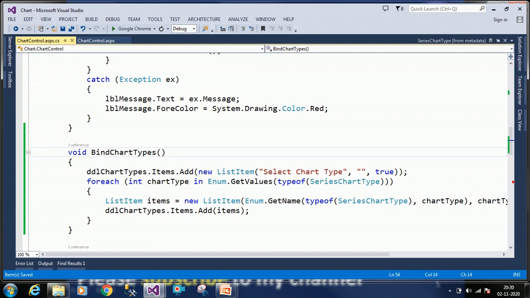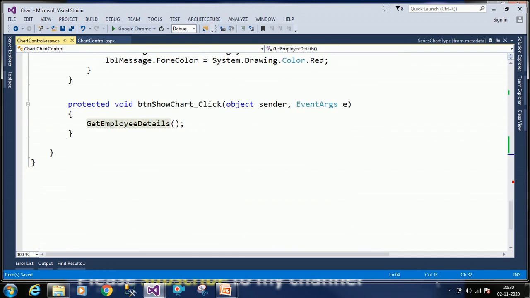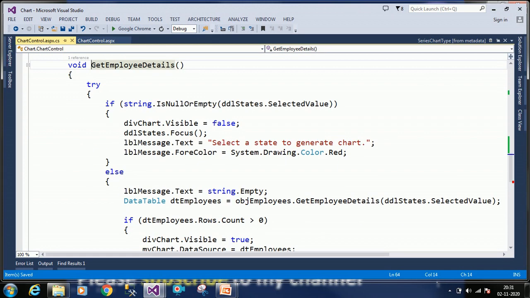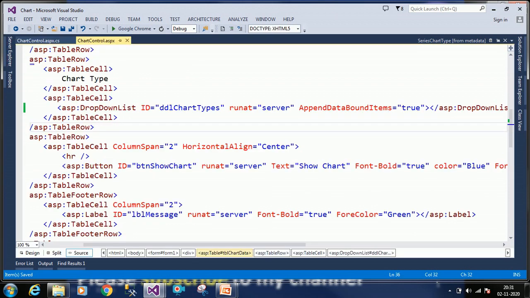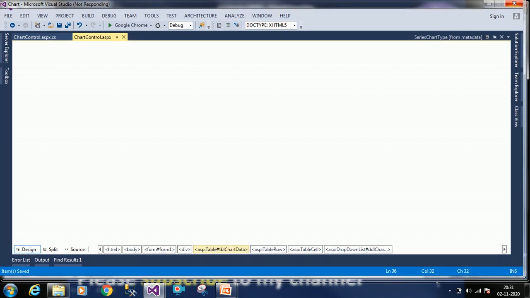Then we are taking chart types and binding them into DDL chart types. Whenever the user clicks on the button, we are calling the employee details button handler, where it is reading from the database. Before showing these details, we have to validate the drop down lists, whether the user has selected the state, and whether the user has selected the chart type or not.